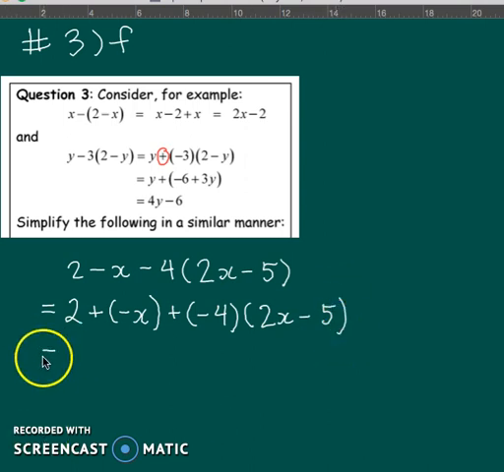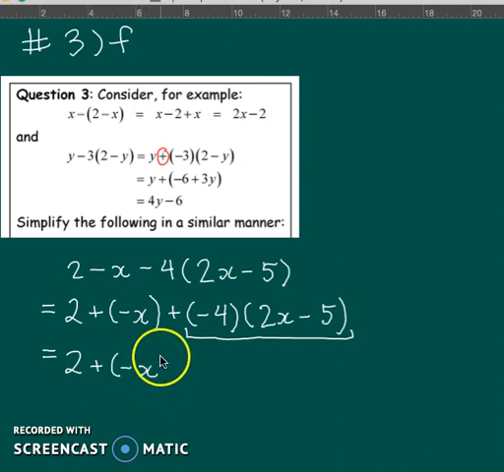Okay, what can I tackle next? I know that I want to work out all my multiplication before I work on my addition, so I'm going to focus on this portion of my expression here first. So I'll rewrite the first part, 2 plus negative x, plus, and now I'm going to expand that negative 4 across 2x minus 5. So I'm going to draw a big bracket, and then for the first part, I'm going to draw a smaller set of brackets. I'm going to write negative 4